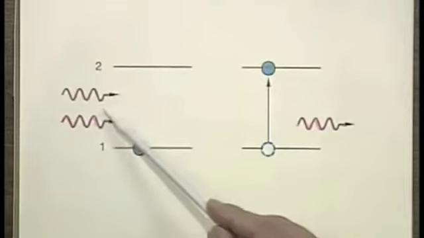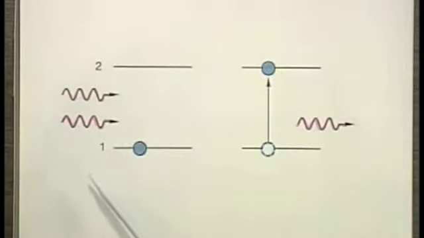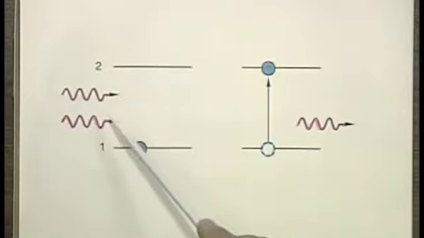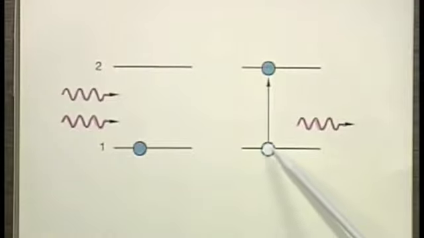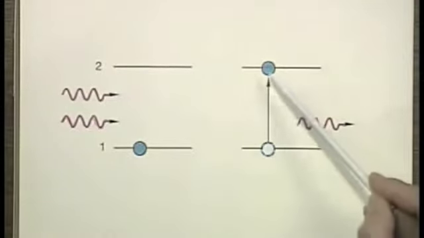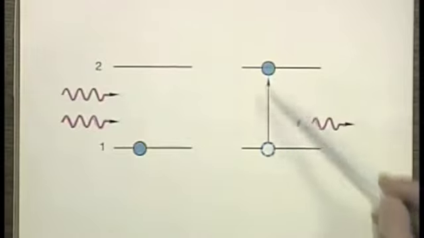Now, if the light wavelength or light frequency is not correct, the electrons here will not be excited at all. But if the light frequency or wavelength is of a certain value, then the electrons here can be excited, and from now on I'm going to call them the atoms, can be excited from one level to another level. And when the atom is excited from one level to another level,